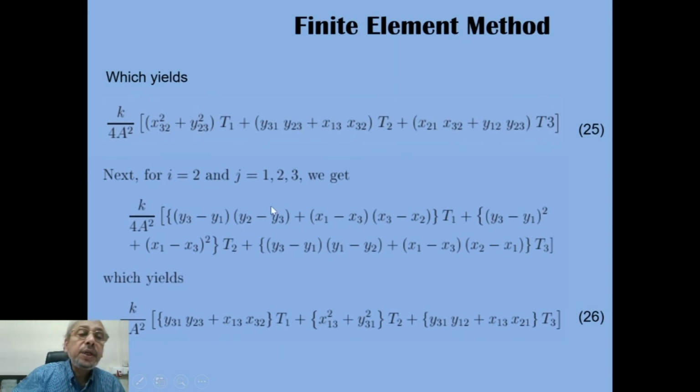Now, if we reorganize that, we can clearly see it's basically T1 together with its coefficients, T2 together with its coefficients, and T3. Now i equal to 2 and j equal to 1, 2, 3. If we again evaluate, we will get